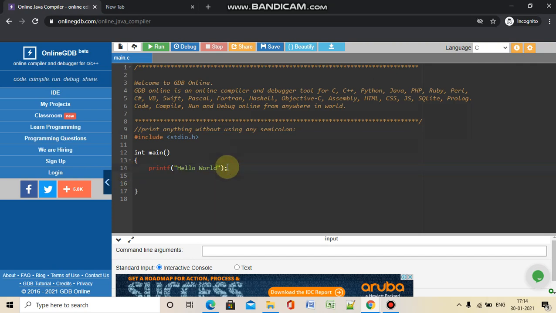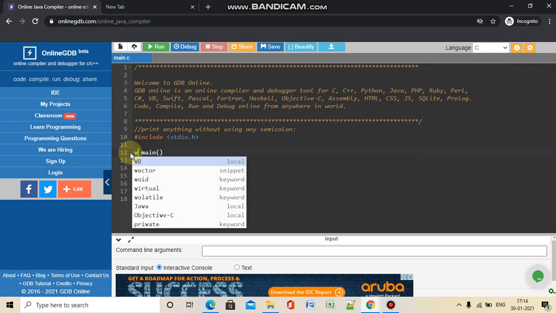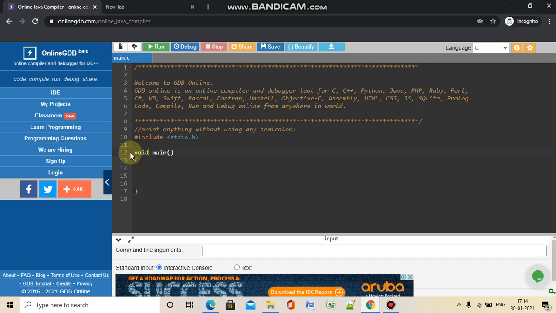As I have removed the return statement, I'm not going to use int, so I'm replacing it with void. Void main indicates that the main function will not return any value, and we can use void main whenever our program is simple and is not going to terminate before the last line of the code is executed. Okay, so now going forward with the next line of my program.